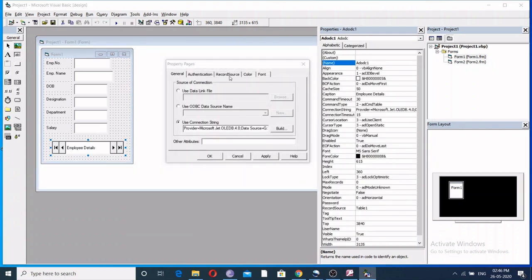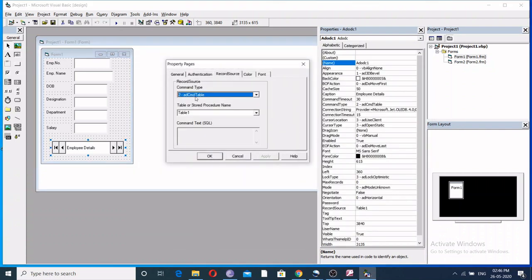Then the next step is you have to select the record source. In this column, command type, just click the drop down arrow. Then among these options, you have to select the adCmdTable. The reason for selecting this option is we have the record set in the format of a table, so adCmdTable is the format from where we are going to refer the record set.